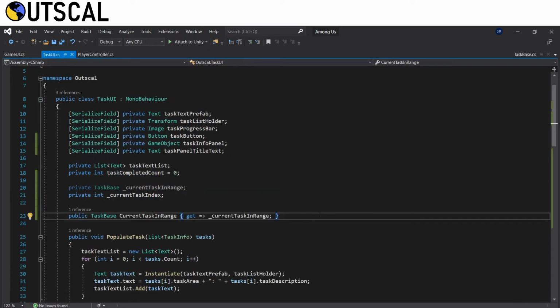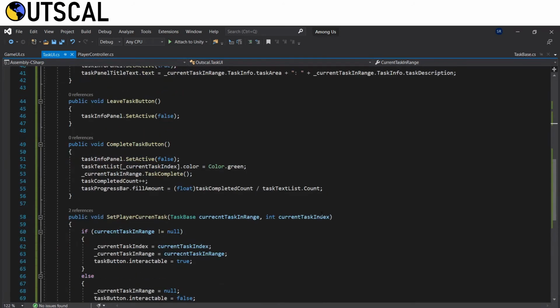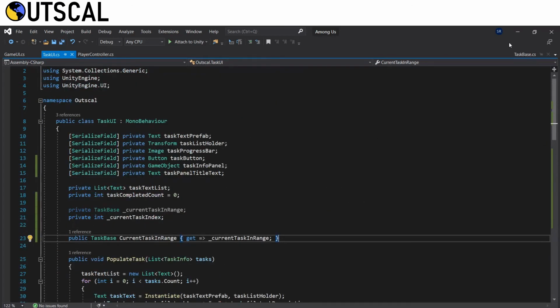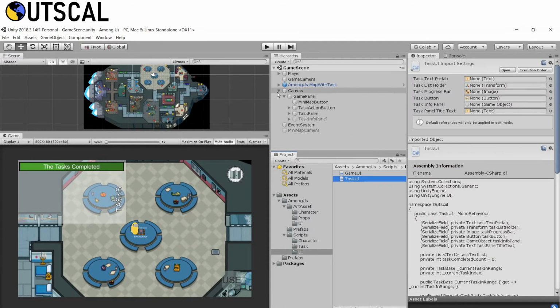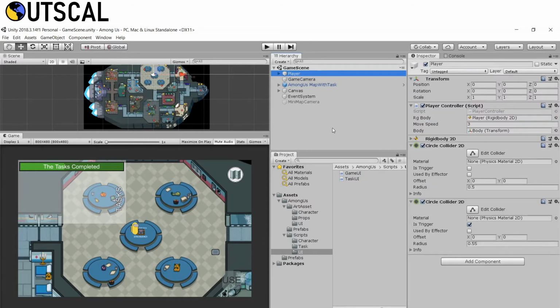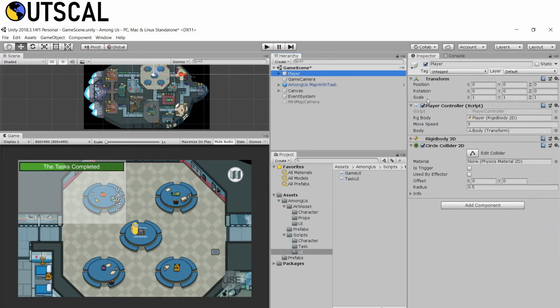Okay, so I think on code level everything is done. Let's save all this and go back to our editor and let it compile. Okay, now it is compiled. Now for our player to trigger, let's remove this. In our player we only have one collider, which is not a trigger, but we want to make sure that we can get access to that on trigger enter. So for that, copy this and paste it as a new one, right?